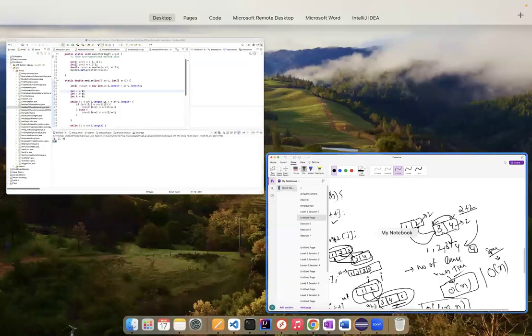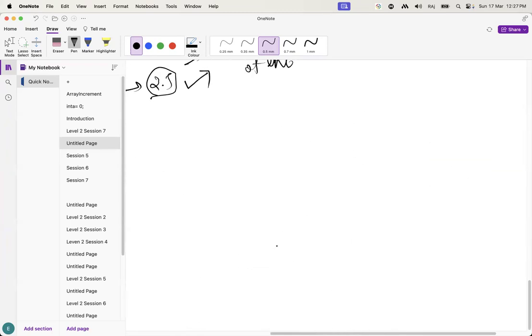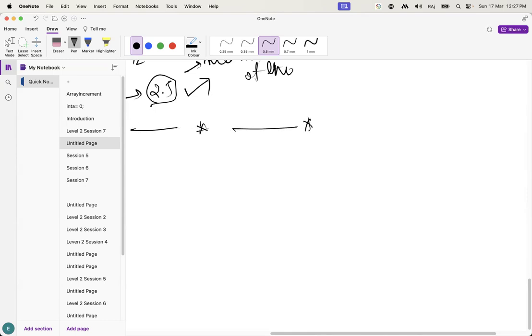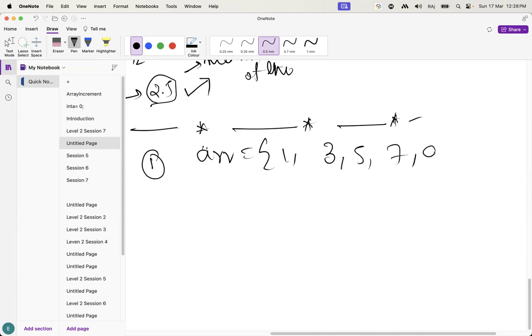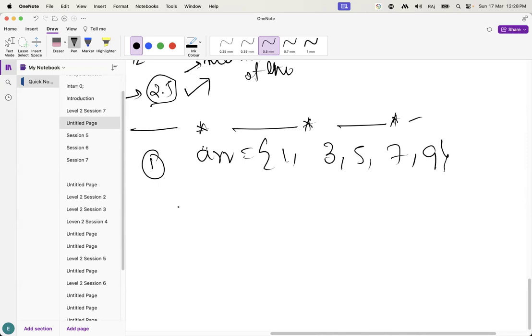Okay, guys. Let's solve another simple problem. Let's suppose they have given one sorted array: 1, 3, 5, 7, 9. They give you one target. They have given you one value. Let's suppose they have given the value as